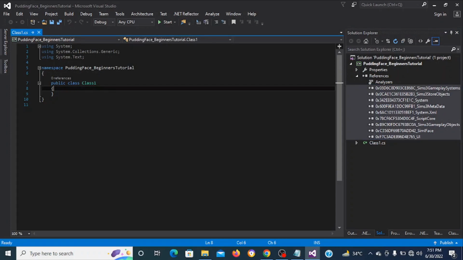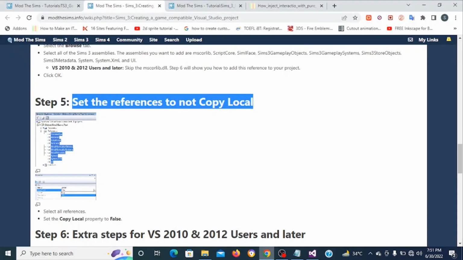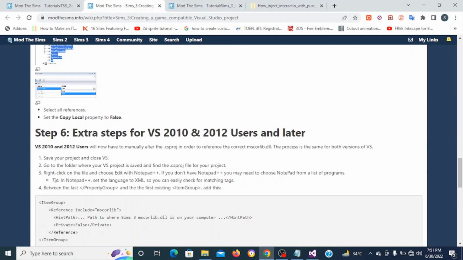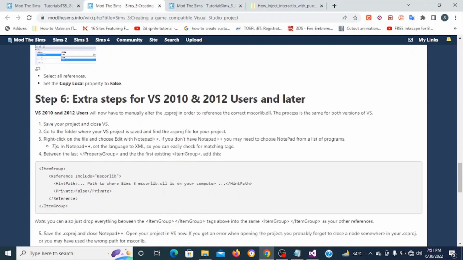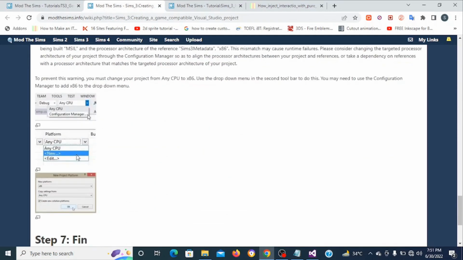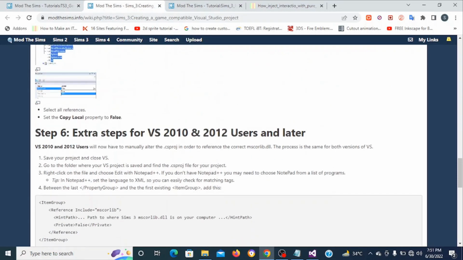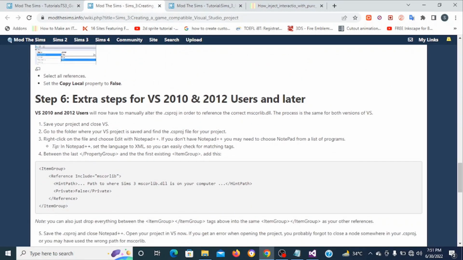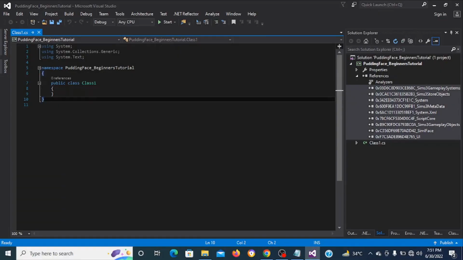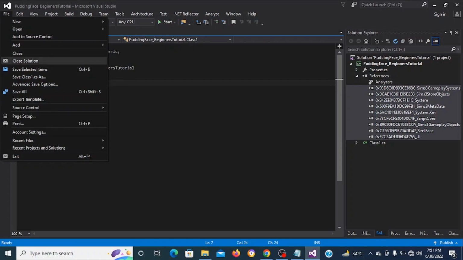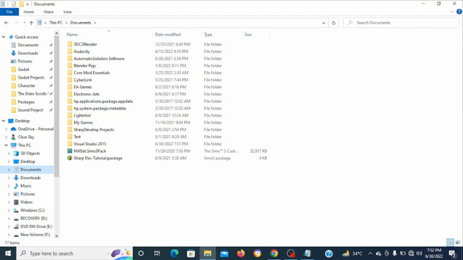And now let's come to step 6. So this is the extra step for Visual Studio 2012 and above. So save and close your Visual Studio project and go to where you have created your folder. So in my case, it's in Documents,